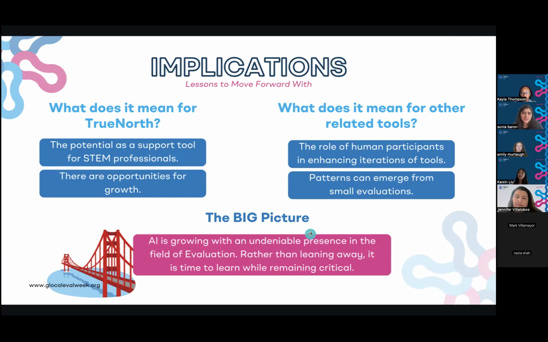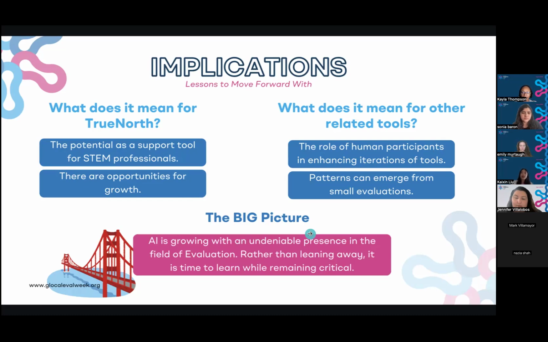And when taking it all together, the use of AI is becoming increasingly common and its impact can be felt in the evaluation field. And this evaluation highlights that rather than turning away from the use of AI, evaluators may potentially benefit from learning how to navigate with using AI in evaluation to ensure that AI-driven tools are not only ethically designed, but they are designed to meet the needs of its intended users. So ultimately, evaluation may just be that bridge that can enhance the perception and the use of AI-driven tools.